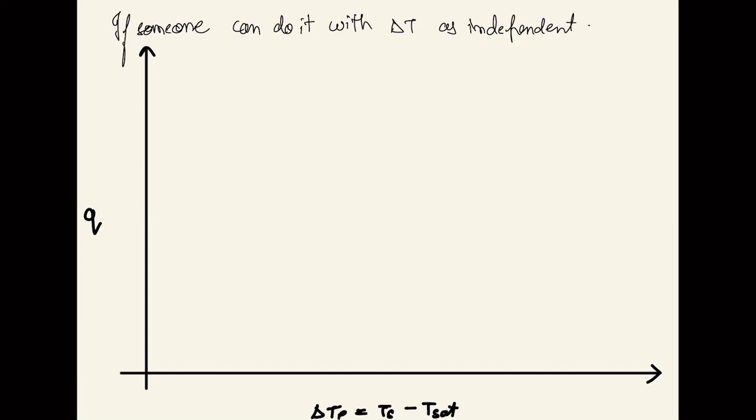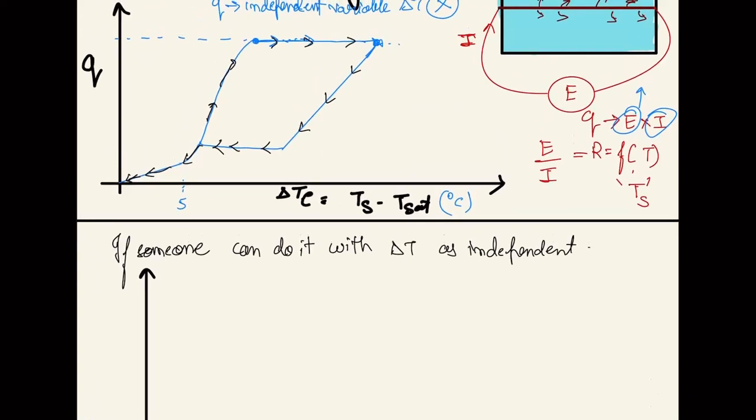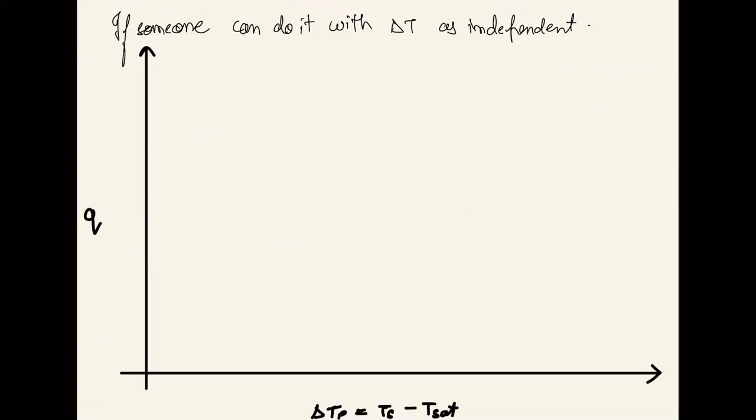So for delta T from 0, when the temperature of this plate is equal to Tsat, there is no heat transfer taking place. Q has to be 0. It is a flat line over here. From 0 to 5, Nukiyama also said that no bubbles were formed, but still boiling was there, and the flux was very slow. That is the case of free convective boiling.